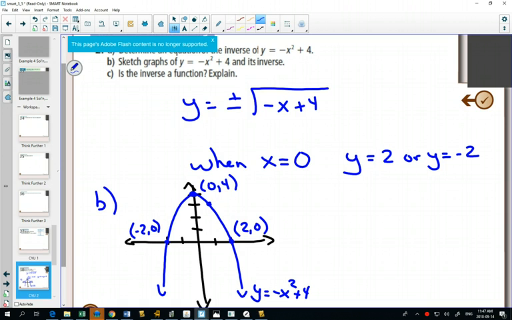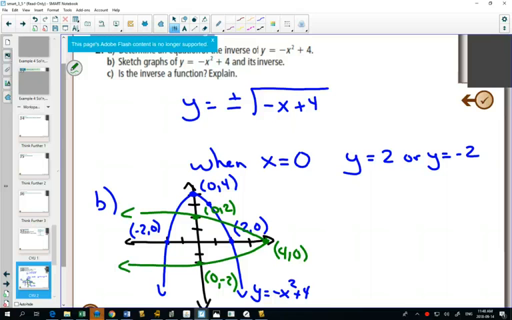Now, anytime you want to graph your inverse, graphically you switch the x and the y values. So what's going to happen to 0, 4? I'll do this one in green. It'll be 4, 0. What's going to happen to 2, 0? Switch the x and the y. 0, 2. Negative 2, 0. 0, negative 2. And so when we draw the graph, if you think about this flipping over this line,